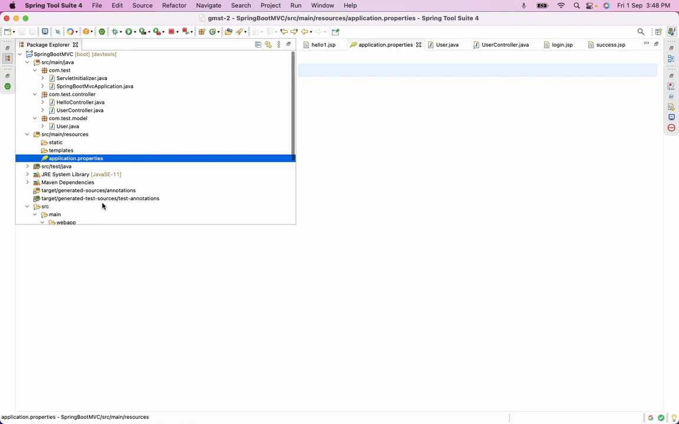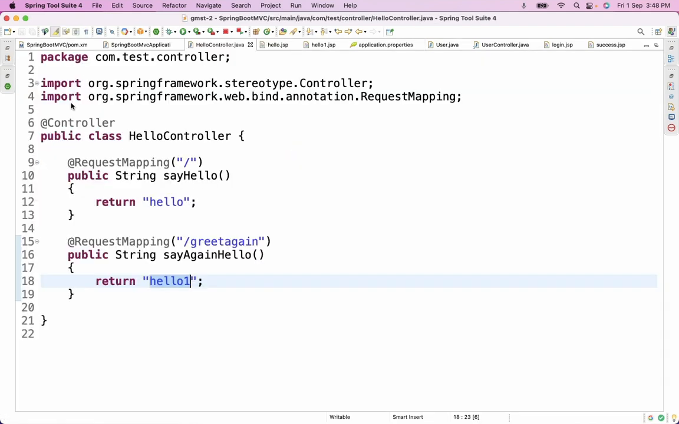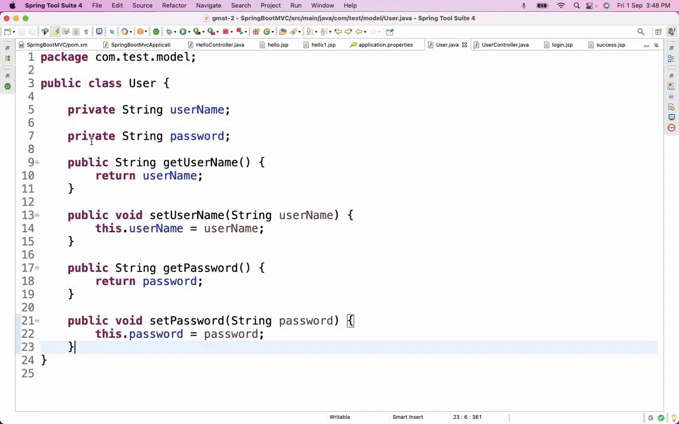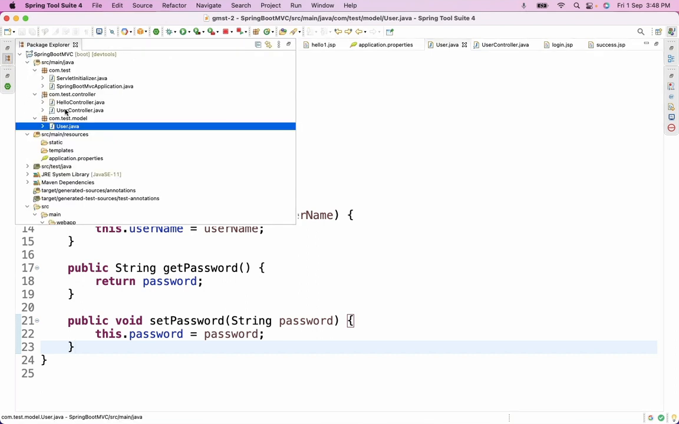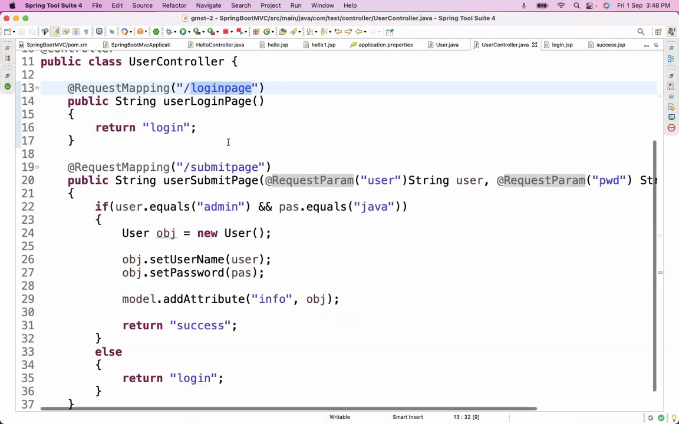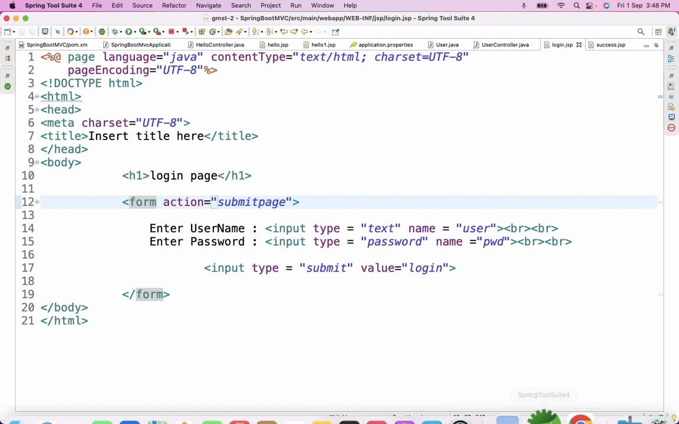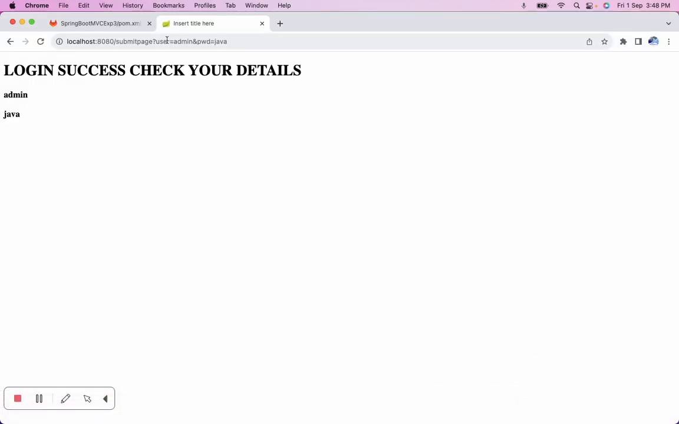Once you give that path, for the controller we have, inside that hello is a JSP page name. It will extract it from the location and give it back to the user. The same applies for hello one. We have another one, the model class. The model class has two properties, username and password. We set that username and password data from the user controller, reading from our front end using the login.jsp page. Inside that we have the user and password,